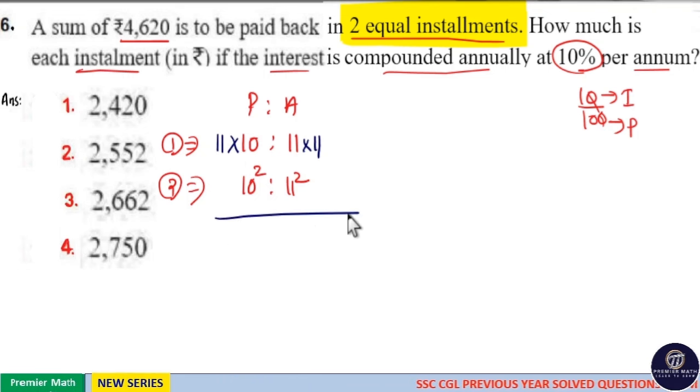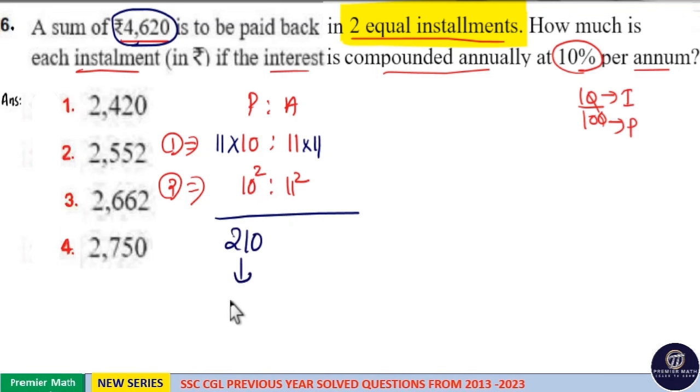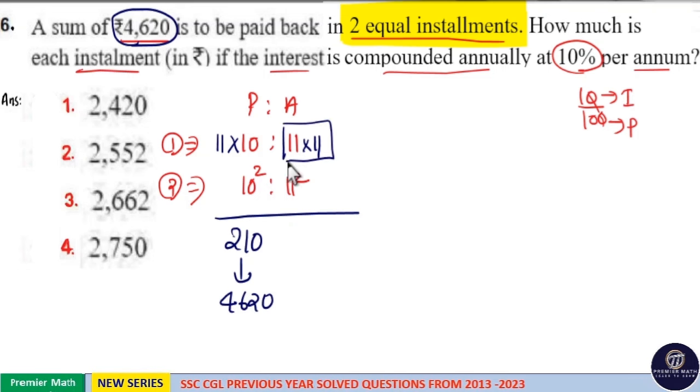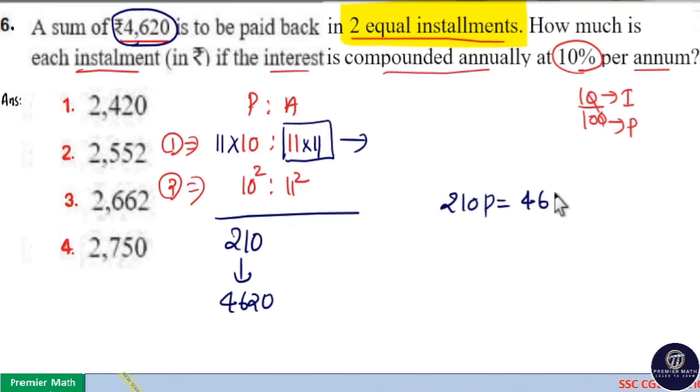Now you can see we have 4,620 as the sum. Here sum means principal. Here 11 into 10 is 110. 110 plus 100 is equal to 210, which means 210 is equal to 4,620. Now we have to find out what the equal installment is. Equal installment means 121 part. So if 210 part is equal to 4,620, then we have to find out what 121 part is. 121 part is equal to